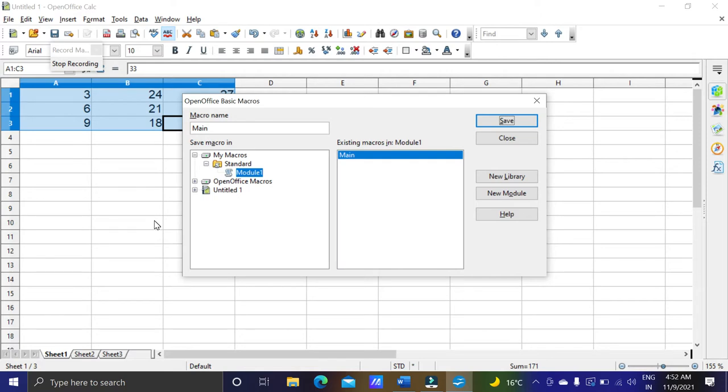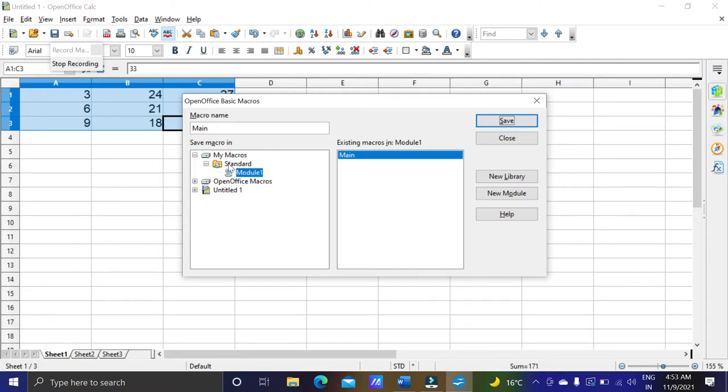Okay, so I will select the current worksheet. My Macros are those macros which are saved by me in their Standard library. So different modules will be created, and in My Macros, if I save any macro, then whenever I open the worksheet, whenever I open the software, these macros will remain. But if I save the macros in Untitled 1, it will only be available when I open this file with the macro.